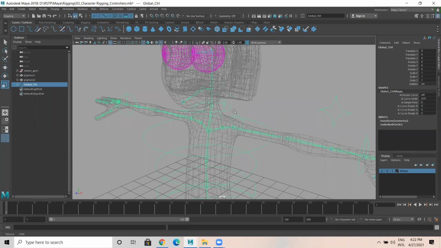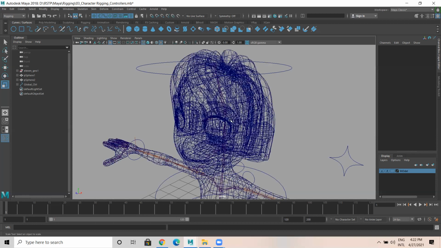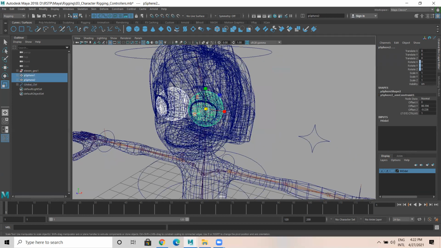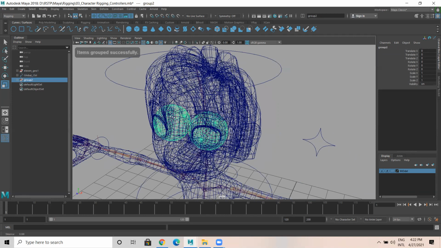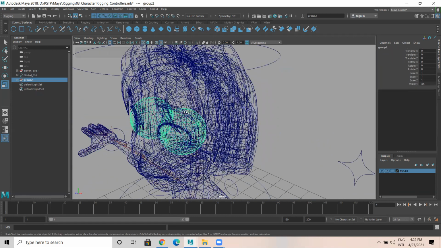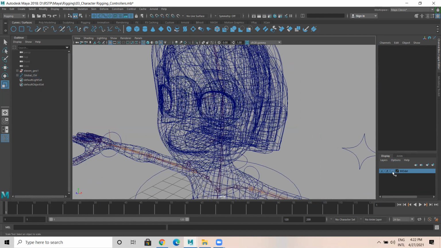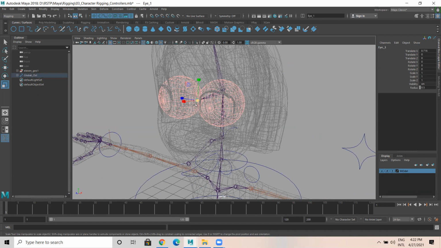Okay, another thing, select these two eyeballs. Select both the eyeballs and group them, and the group of the eyeballs should be the child of this eye joint, P. See, both eyeballs, group it, and that group is the child of this joint.